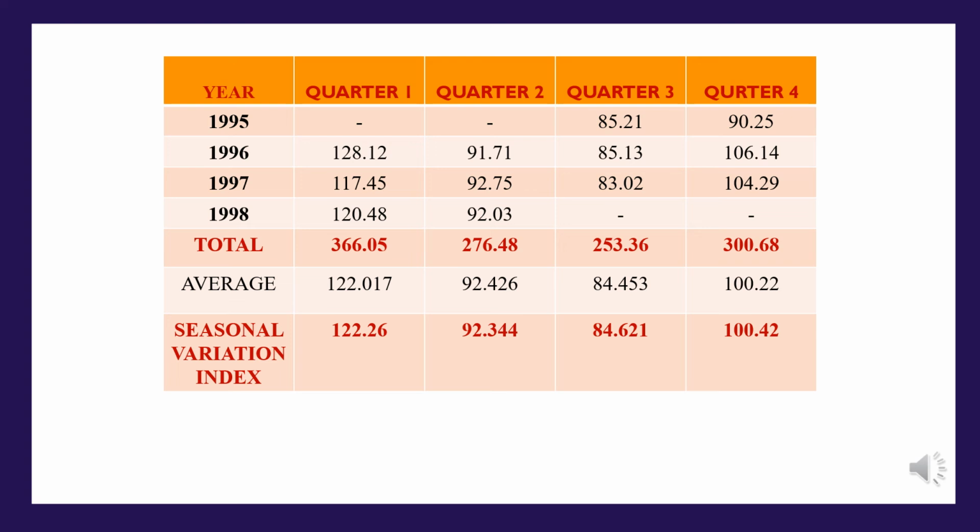Seasonal averages are totaled, and the total is divided by the number of seasons to get the grand average. Seasonal indices of the different seasons are calculated using the formula seasonal average divided by grand average into 100. So the seasonal index of the first quarter is 38.67, second quarter is 111.58, third quarter is 81.05, and the fourth quarter is